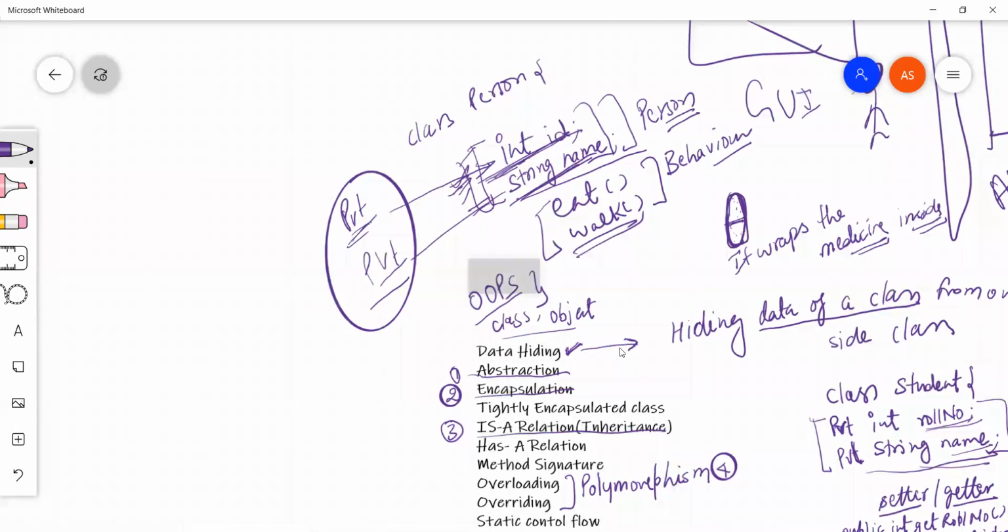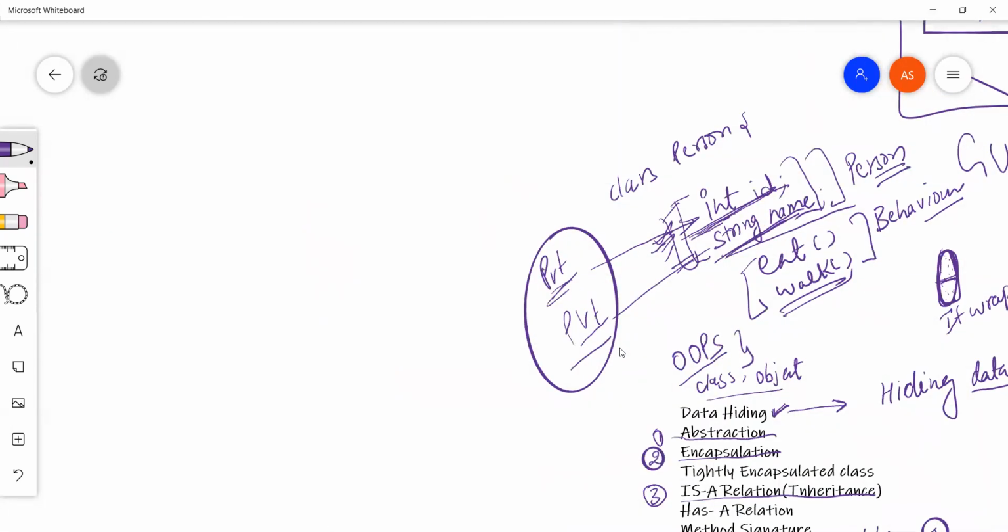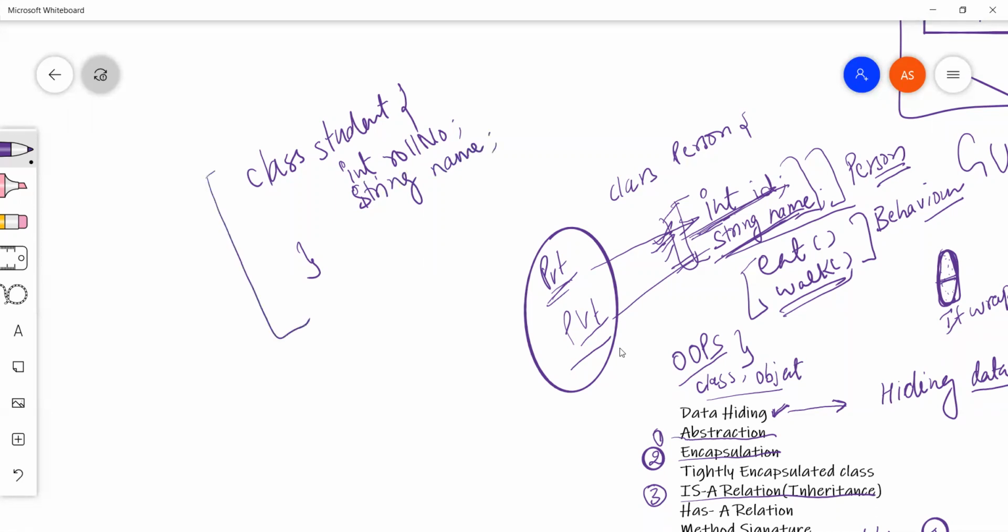For example, if I say class student, and here we have int rollNumber, and then we have string name. Can we say this class is tightly encapsulated for now?